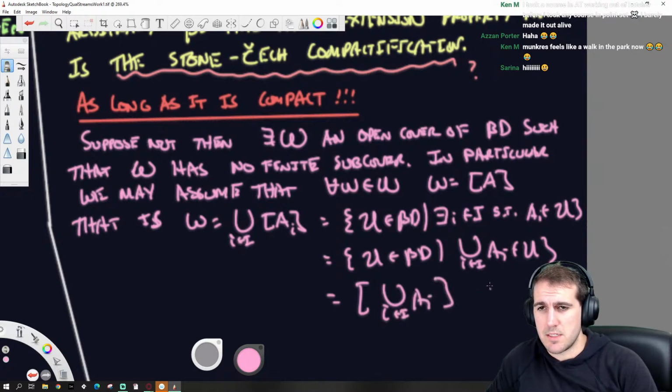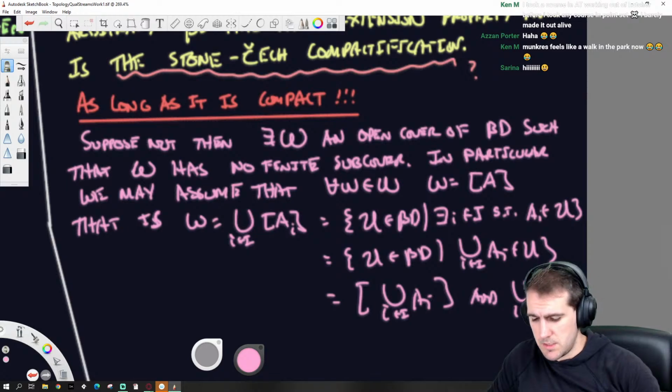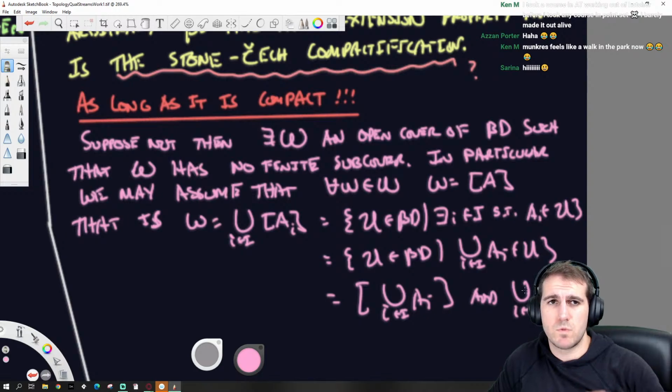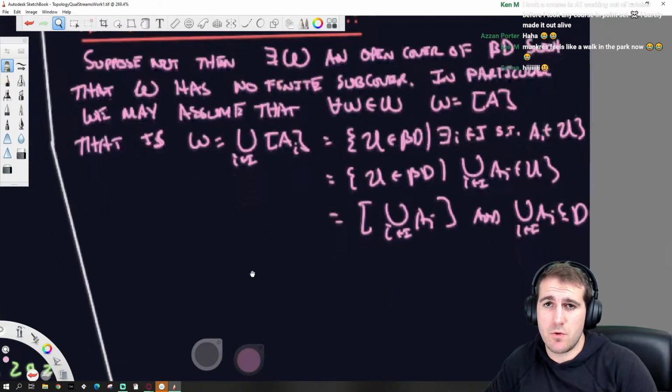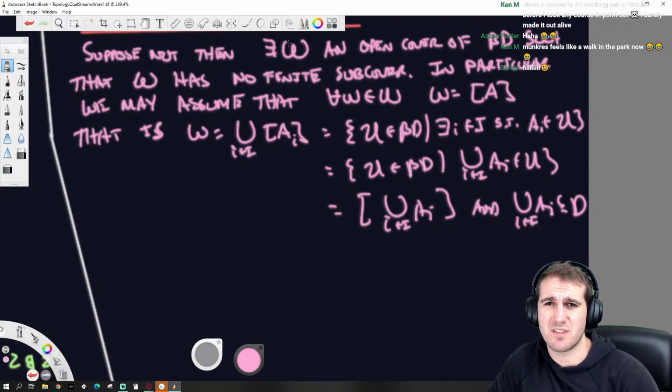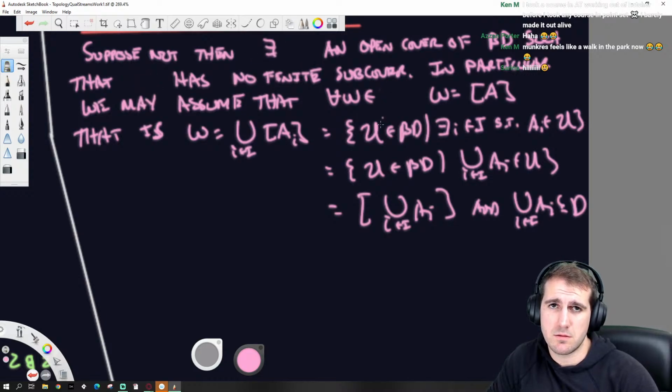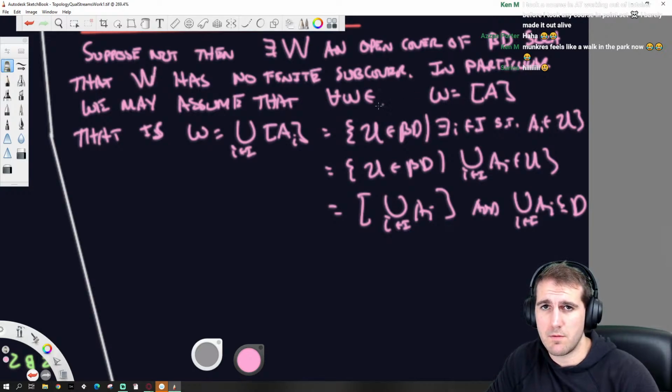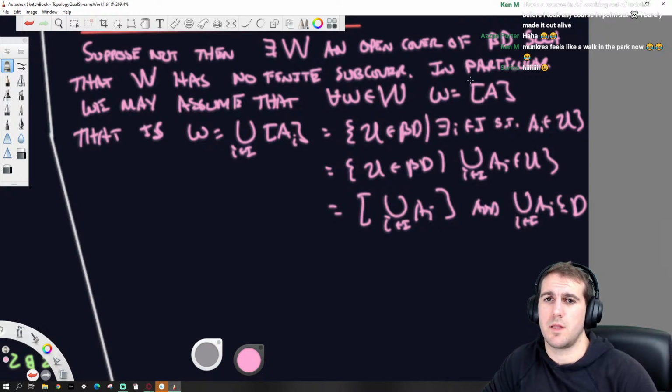And that union is a subset of D. So I can just replace W with each W within W. Oh, that's going to get gross. Let's make it fancier: hard edges for the open cover, soft edges for set in. Okay, that's fine.